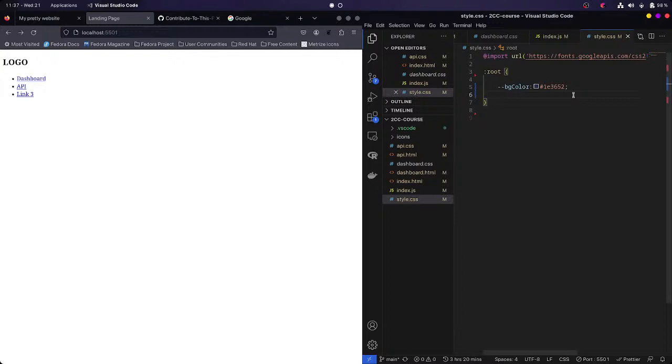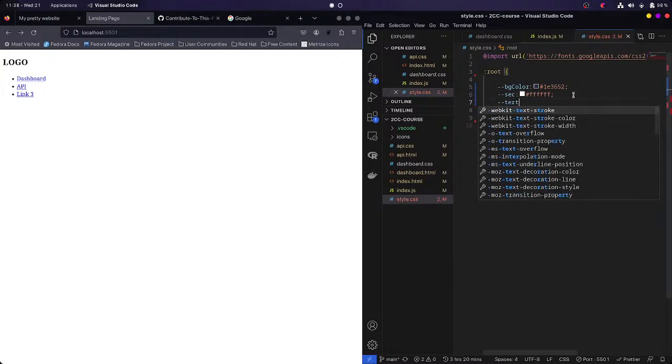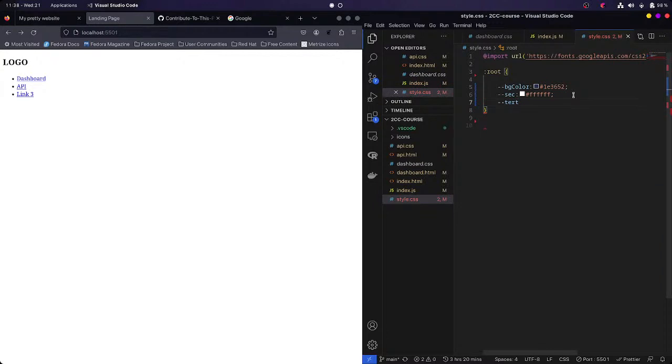We have, let's say, a secondary color. It's basically white, #FFFFFF. It's the hex value. We have a tertiary color, that's #6CE7E0,